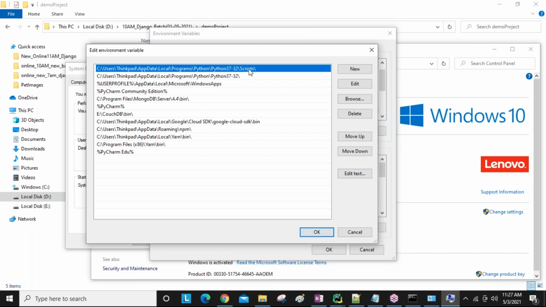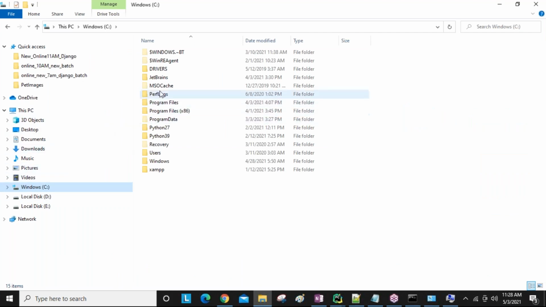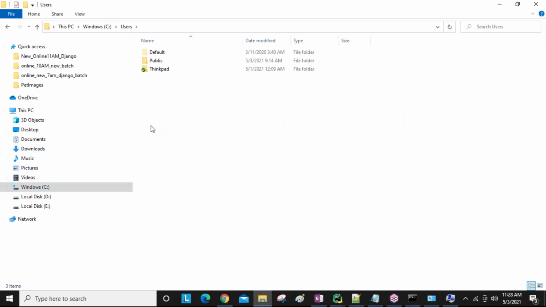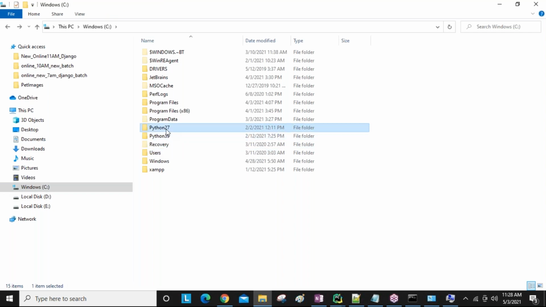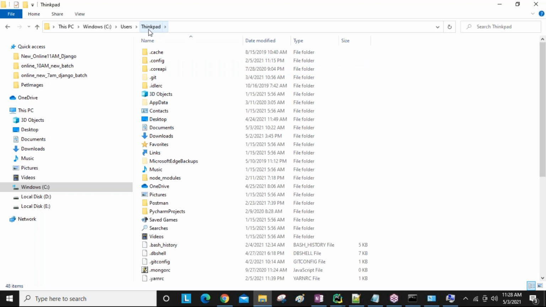After adding these things, then we can get it working successfully. So how do we add them? You can see here in the C drive, we have Users. In my system 3.7 is there, and 3.9 is there. Depending on timing, batches and requirements, I use different versions. My default version is 3.7, not 2.7 or 3.9. So click on Users, click on the username. This is my username; in your system, your own username is there.